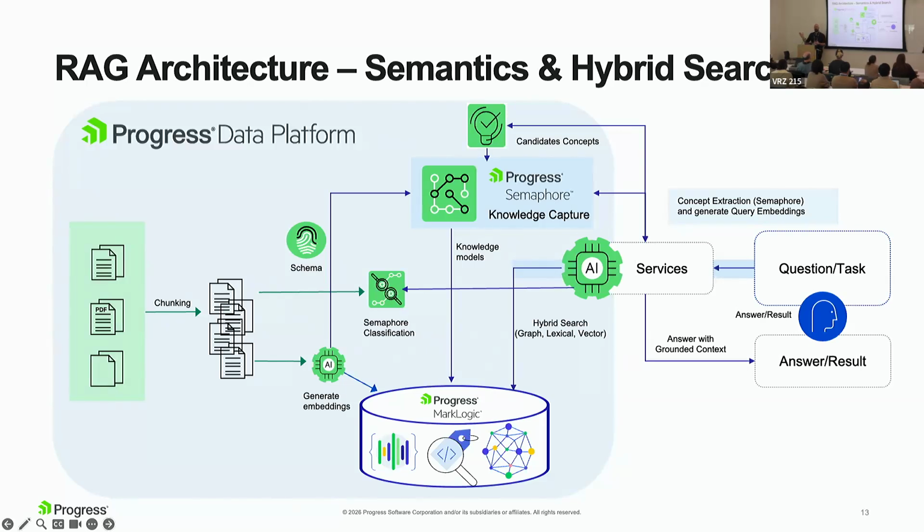So on the right-hand side, when you're seeing the traditional Q&A, when it hits the AI services, it understands what to do based off of that information that's in there. So we take that intent, we use that same knowledge graph that we use to categorize and classify the content to interpret the intent of the user's question. But since we have